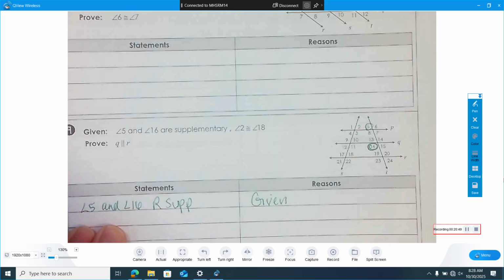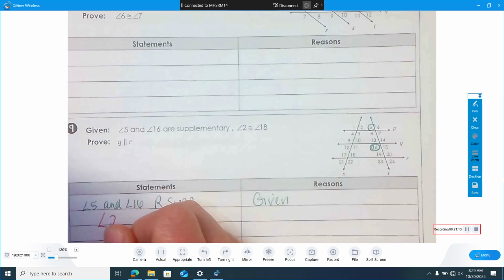Tell me something about 5 and 16. They look like all the same side interior... same side exterior. Exterior of P and Q. P and Q. Okay. So that could be a way to prove P and Q are parallel. All right. Let's see. We also know